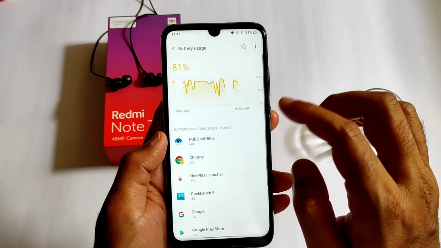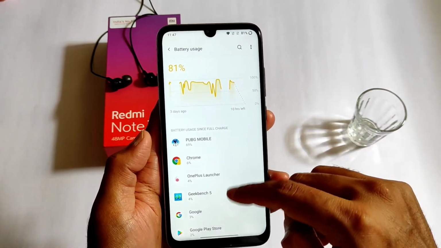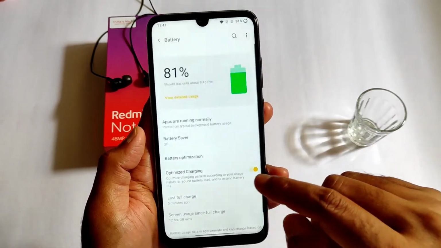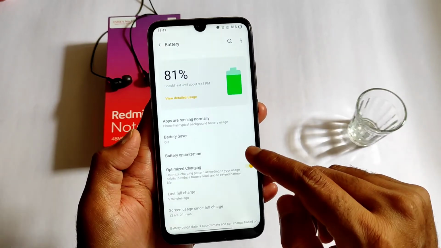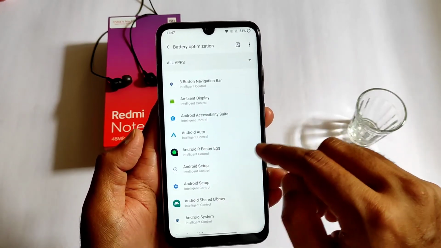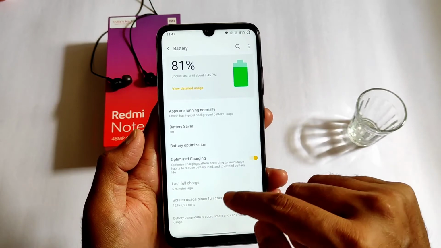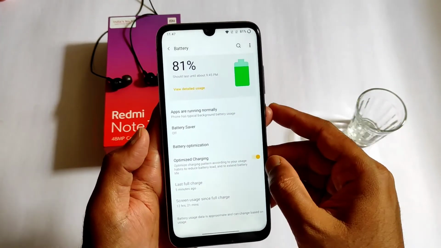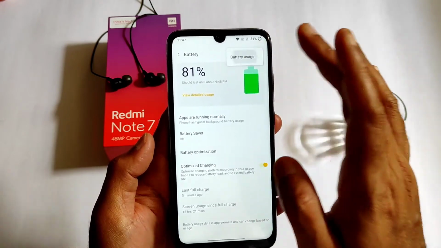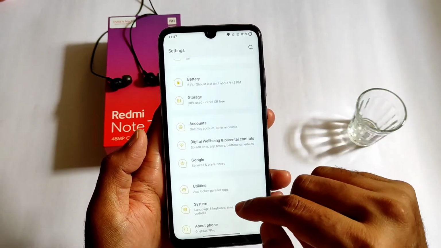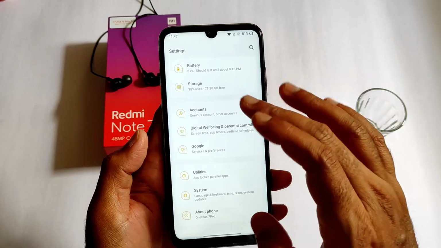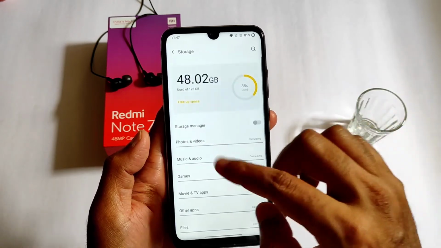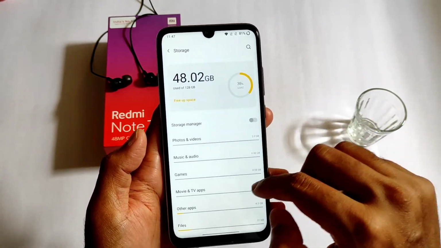And this is the battery settings, as you can see, I have continuously used it for 3 days, and it's very good battery life. I got it in this ROM. It's okay, not draining or anything. Even in the idle condition, it's fine, no problem, as you can see. This is the storage settings, you will get it.